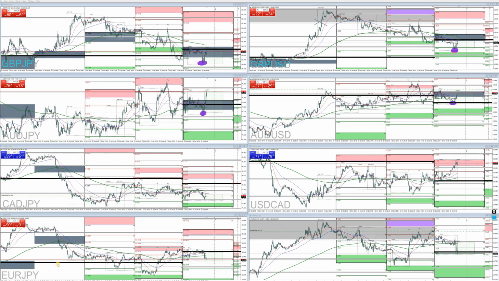All right, so I got my coffee. Did a couple of updates here. I updated the bounce on the M2 for the Australian dollar. It looks like we're pulling above central pivot, so we're going to be looking for the pullback here. And it looks like I identified the bounce on the pound yen, and we're looking for price to pull above central pivot for the daily. We're going to take the retest of the central pivot. Same thing with the pound dollar,